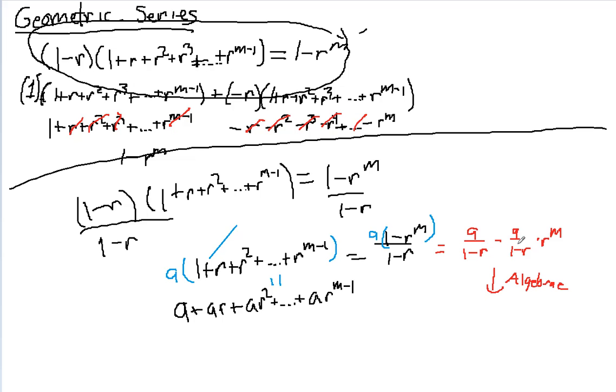But by using the algebraic limit theorem for sequences, we can see that you just take all the limits individually. The limit for this one is just going to be a over 1 minus r, because nothing's changing. The limit for this one, r is going to be less than 1, so that's going to go to 0, and that's going to be minus a over 1 minus r times 0, leaving just a over 1 minus r, and